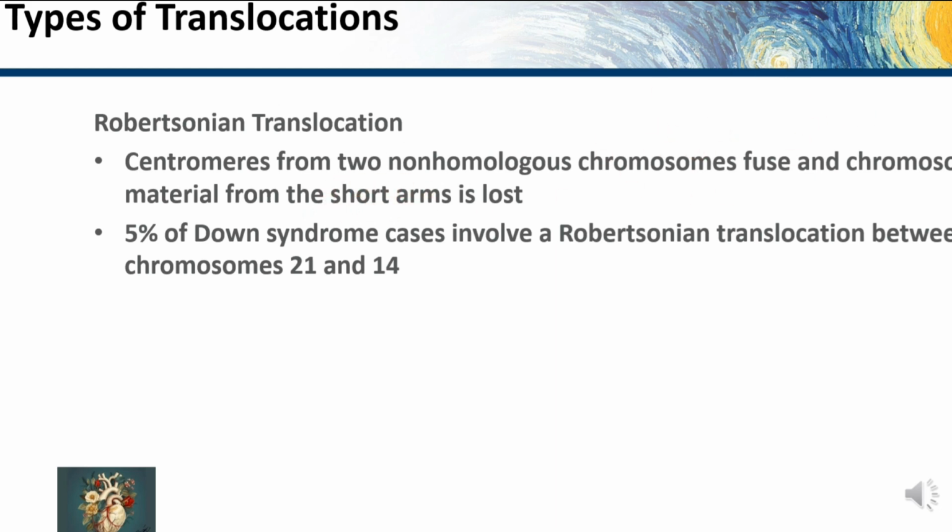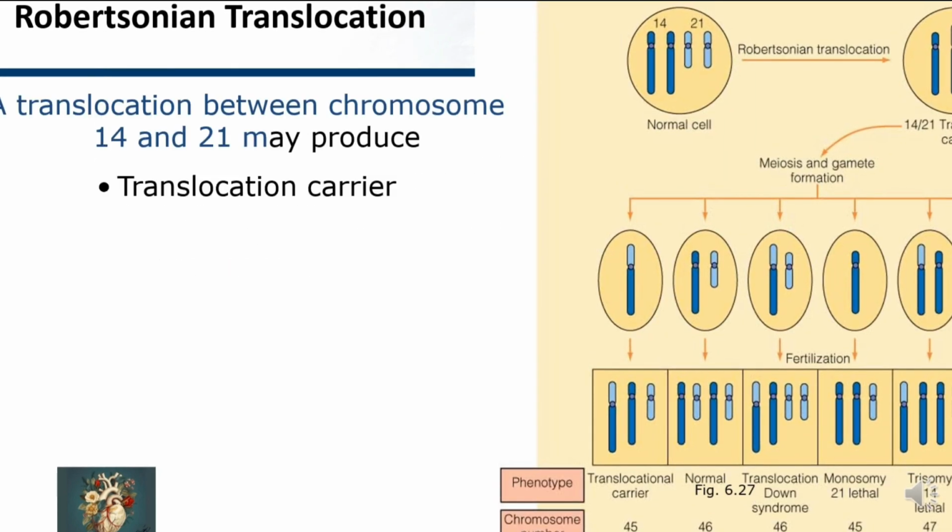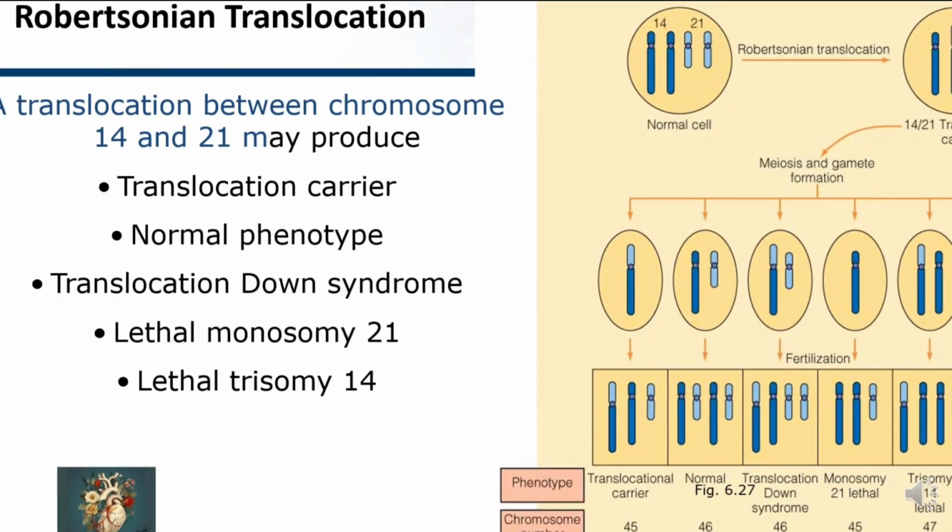So this chart shows you how different types of gametes are produced if there is a Robertsonian translocation. So this one is normal. In this you can see two allelic forms of chromosome number 14 and two allelic forms of chromosome number 21. But because of the Robertsonian translocation, the short arms of chromosome 21 and chromosome 14 are lost, and both long arms fuse over here and form a Robertsonian translocation. So when this cell leads to gamete formation,